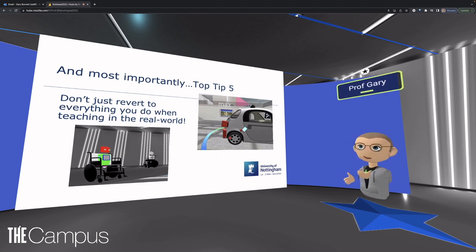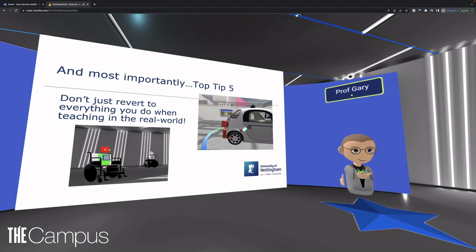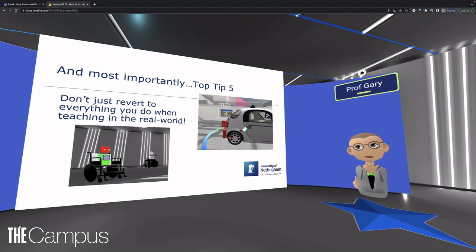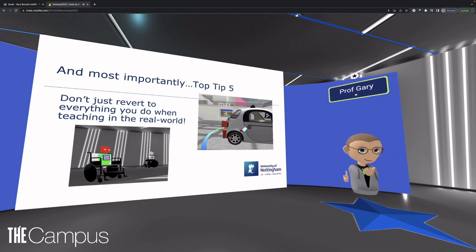And finally, top tip 5, the most important thing: don't just revert to everything you do when teaching in the real world. It is very easy to start doing this, but you need to be creative. You need to think about what you can do in a virtual world that you can't do in the real world. For instance, magic up a robo-taxi vehicle, as we've done in some of our classes,